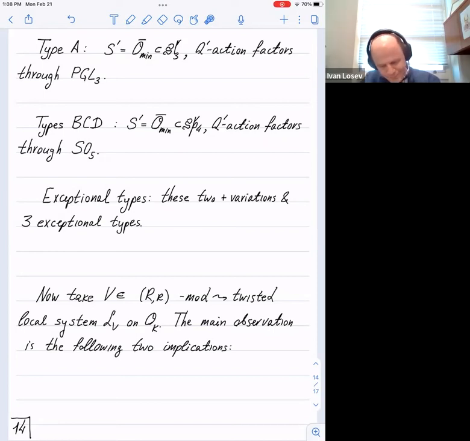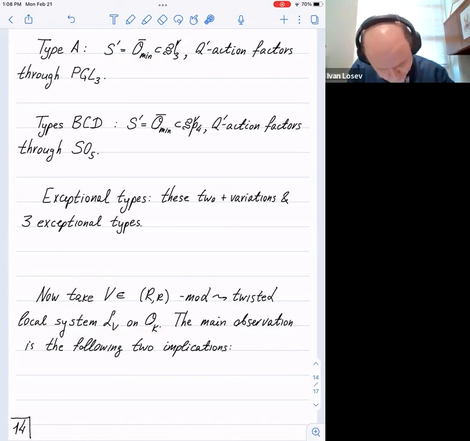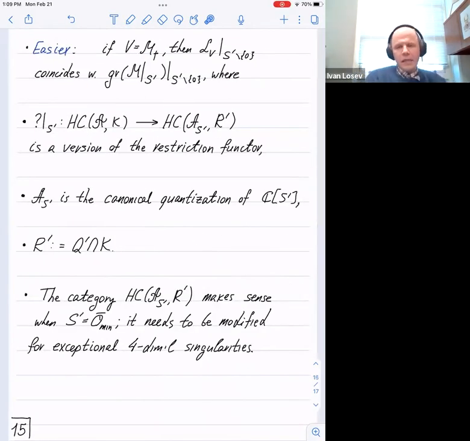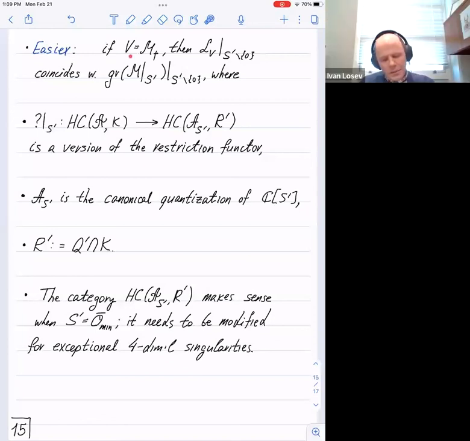Okay. So there is this complete description of these dimension 4 singularities. And now let me start with this twisted equivariant module. Let's call it V. And I can convert it to a twisted equivariant local system, let's call it L_V, on the K orbit. So I need to observe the following two things. There is an easier thing, and well, okay, that's going to be a bit technical here. So first of all, if my representation V does come as a restriction of a Harish-Chandra module,